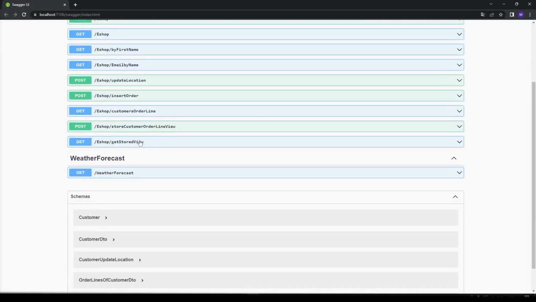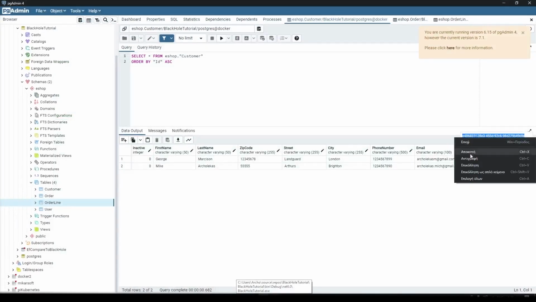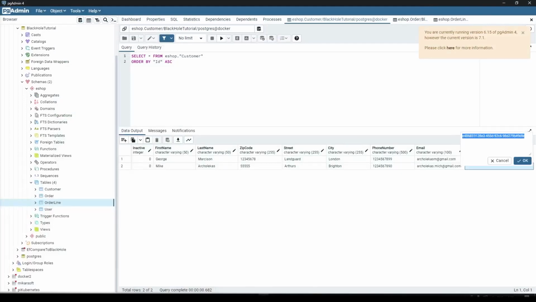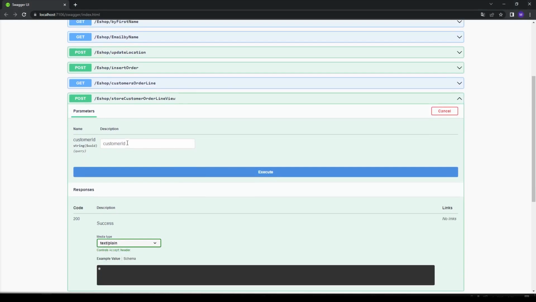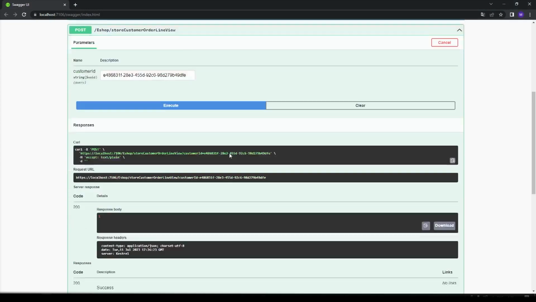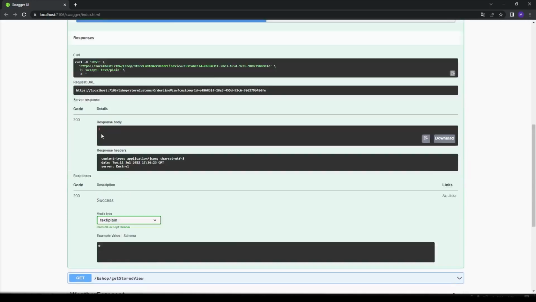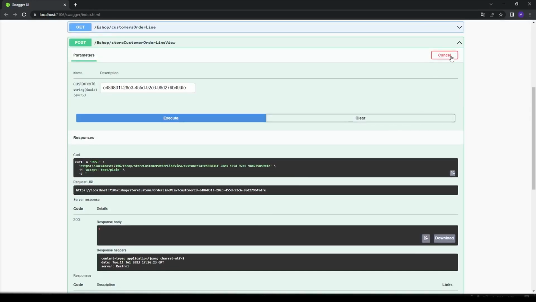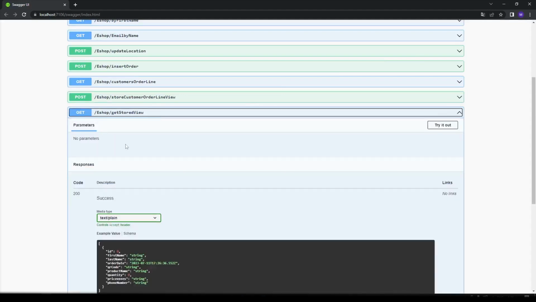So, store customer order line view. We will also copy this one, and let's go here and try this one, store customer line view. We're going to paste this and run it. We're going to get 1, okay,